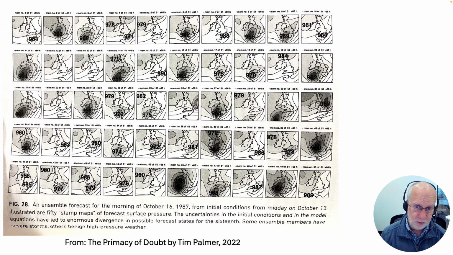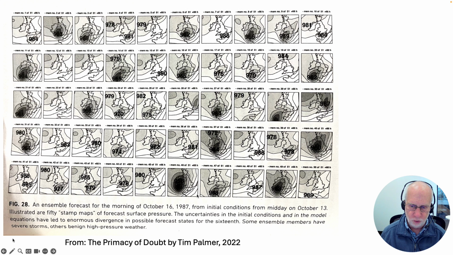And this is expensive. It means you might have to run 100 or 50 or 10 or whatever weather simulations rather than just one, which means you're going to have to use 10, 100 times less computing power for each of them. So each forecast is not going to be as good as if you devoted all your computer power to just one of these things. But the benefit is that you can see how uncertain it is.